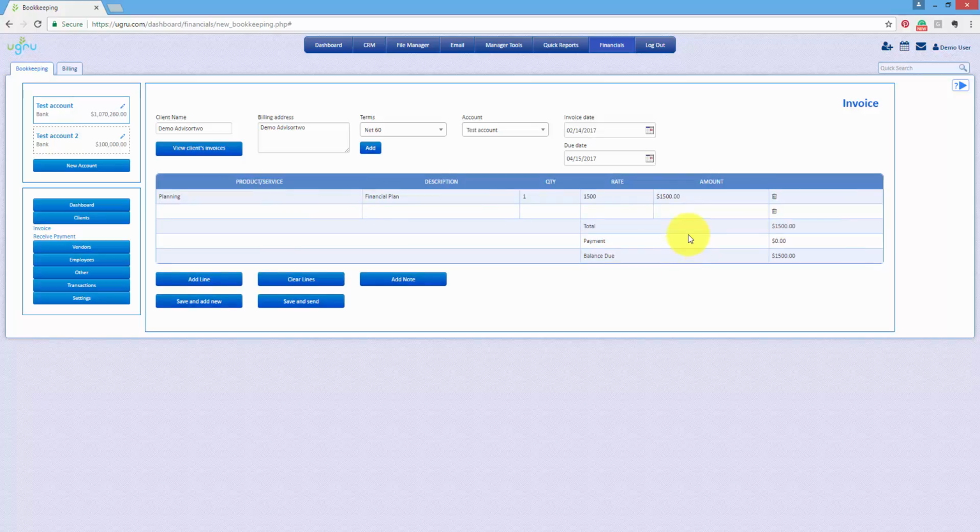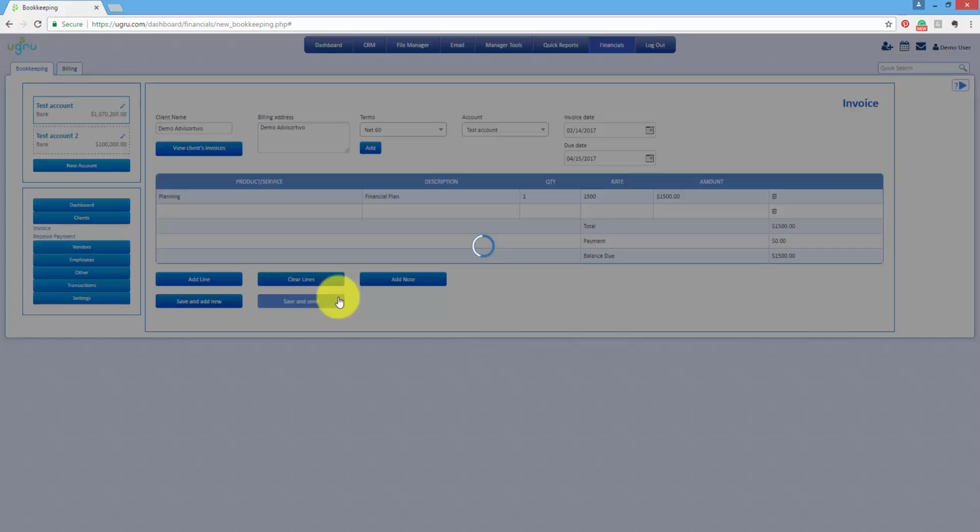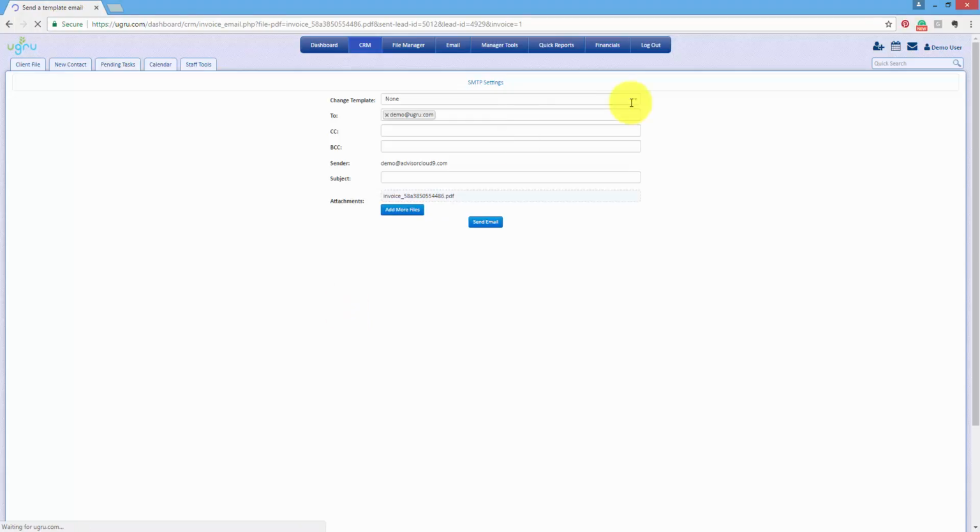Created invoices can then be emailed to the recipient at the same time they're recorded in the ledger with a couple mouse clicks by clicking Save and Send, selecting a template in the follow-up page, and then sending off the